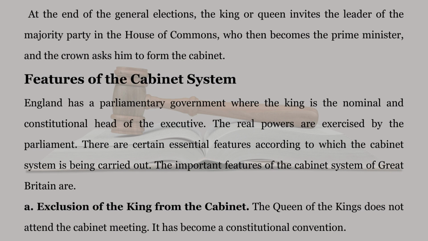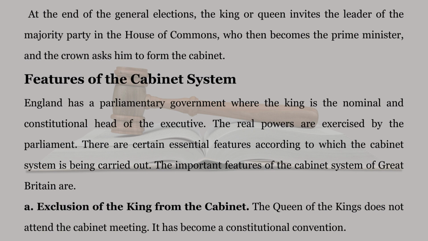Features of the Cabinet system. England has a parliamentary government where the king is the nominal and constitutional head of the executive. The real powers are exercised by the parliament. There are certain essential features according to which the cabinet system is being carried out. The important features of the cabinet system of Great Britain are: